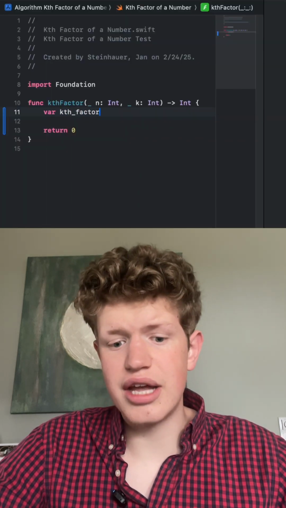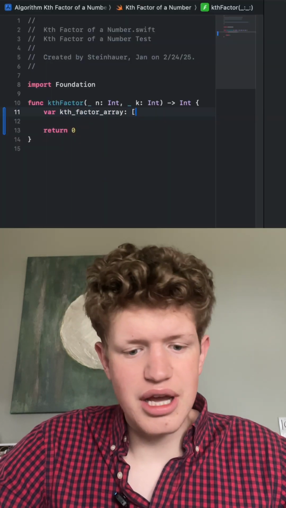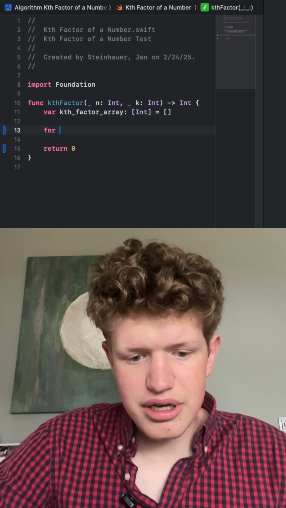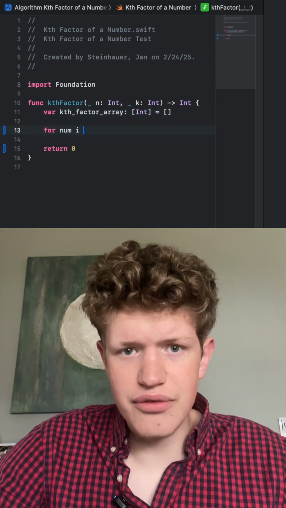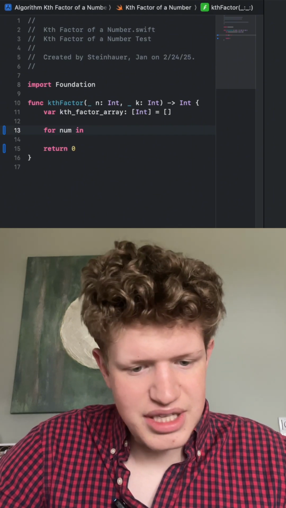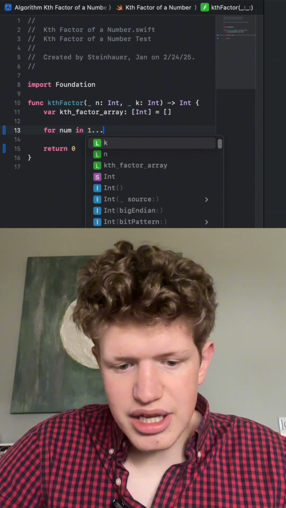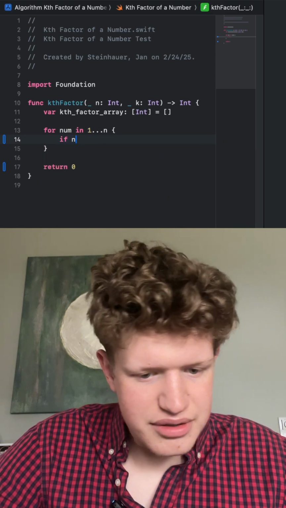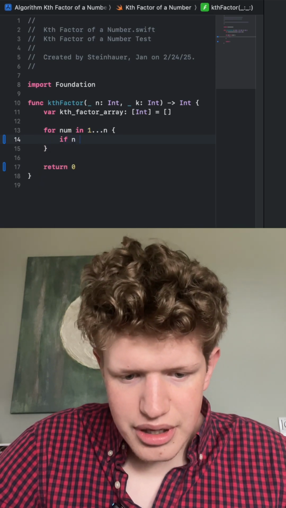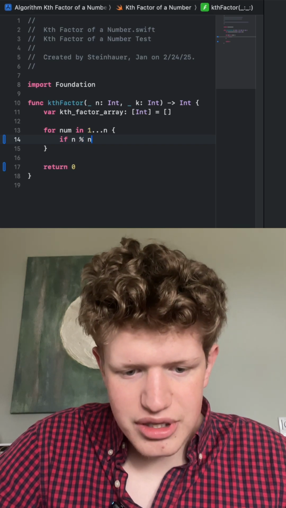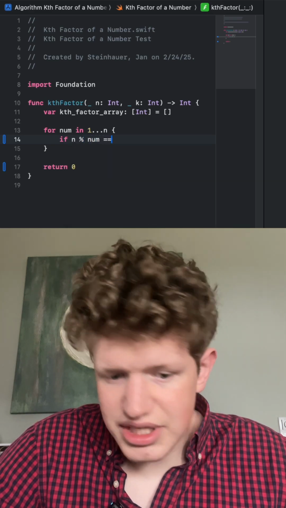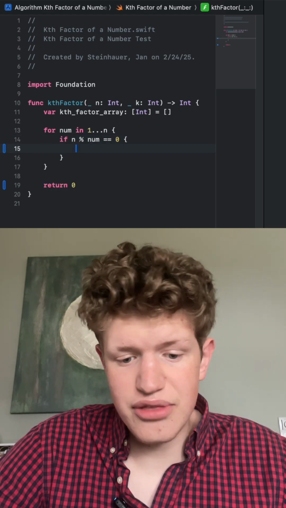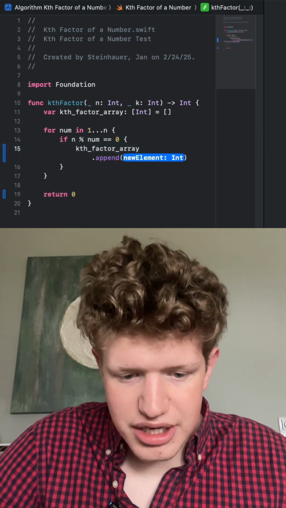First, we're declaring an array which can hold integers. In this case, we're calling it the Kth factor array. Afterwards, we are looping through all of the first parameter, all of the n's. So we say, okay, for num in 1 to n, if n divided with no remainder by num equals 0, then we can add it to the Kth factor array with append num,